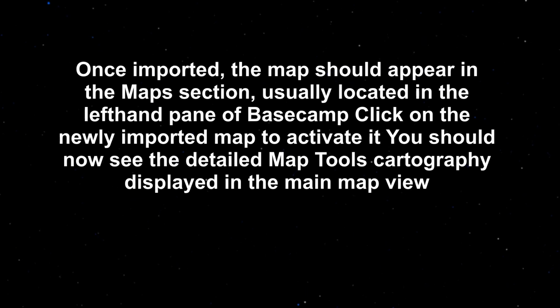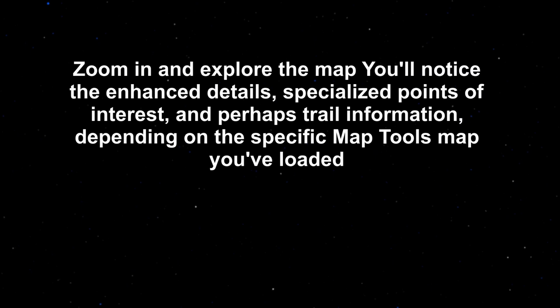Once imported, the map should appear in the Map section, usually located in the left-hand pane of Basecamp. Click on the newly imported map to activate it. You should now see the detailed Map Tools cartography displayed in the main map view. Zoom in and explore the map. You'll notice the enhanced details, specialized points of interest, and perhaps trail information, depending on the specific Map Tools map